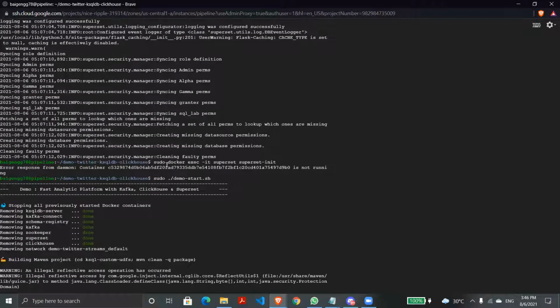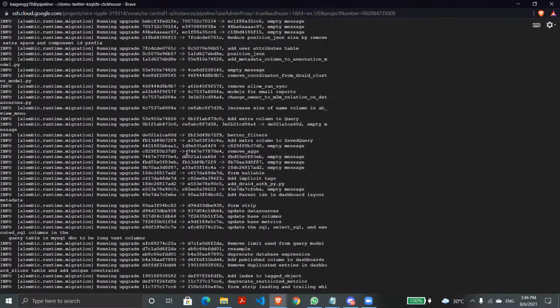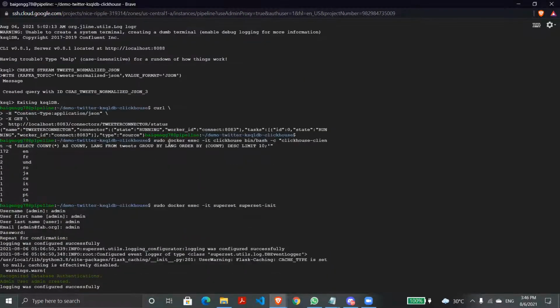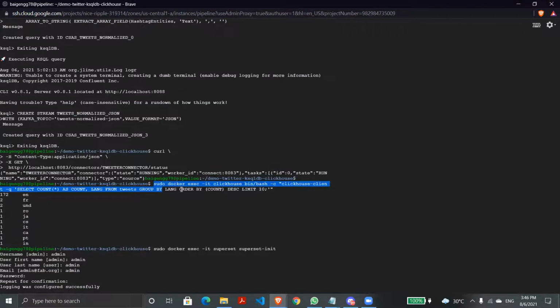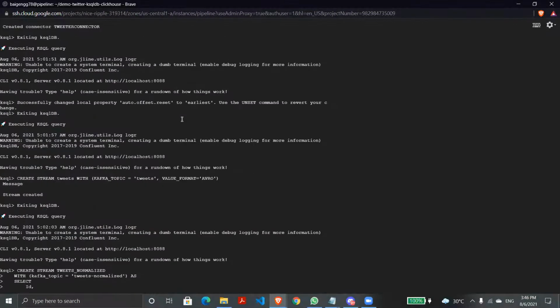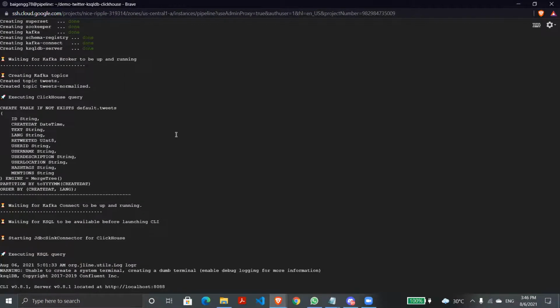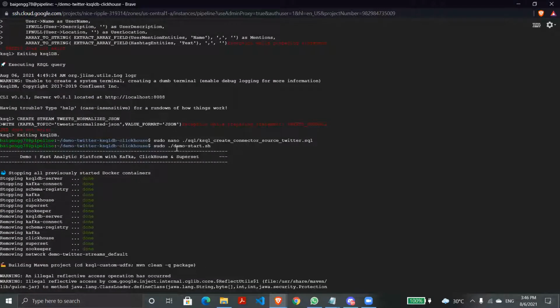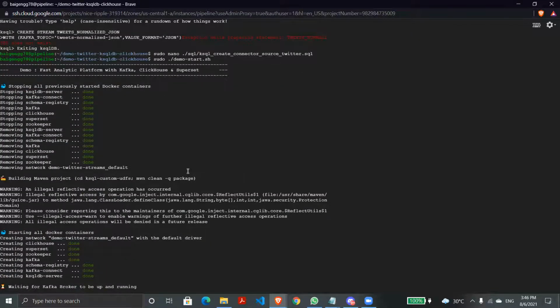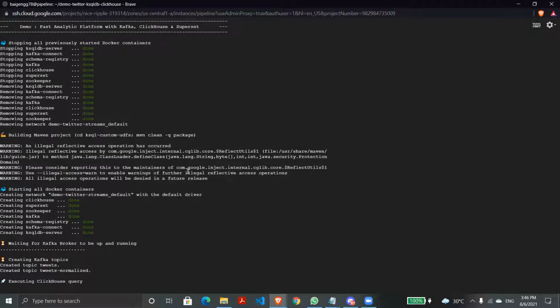So here, as you can see, first we'll clone the repository. After cloning it, we'll check after running that command. For example, the command is here: sudo ./demos-start.sh. This is a bash file. After executing it, you will have a Maven folder where all the buffer values and all the containers are.